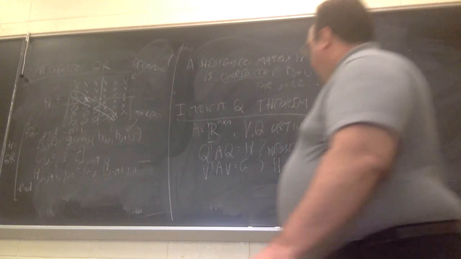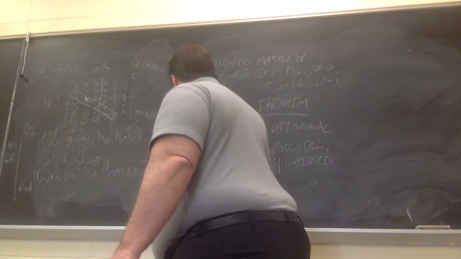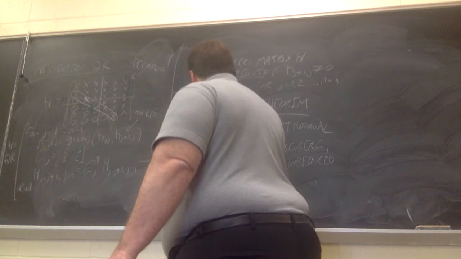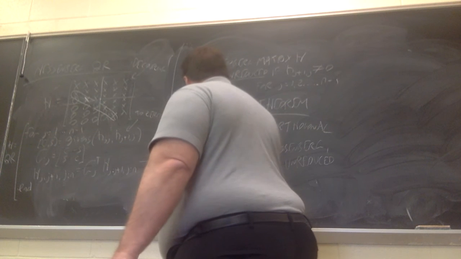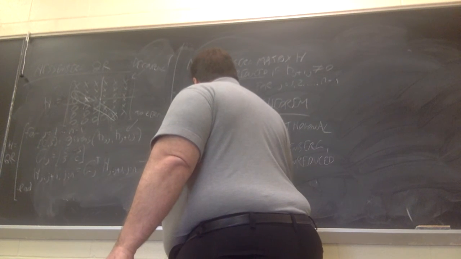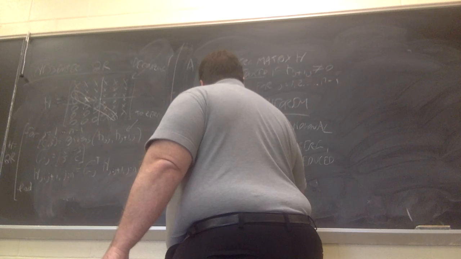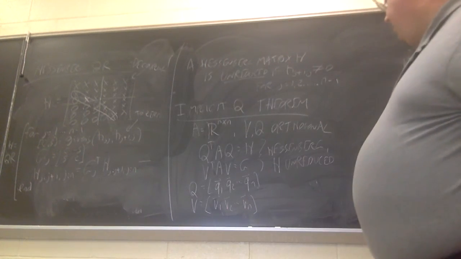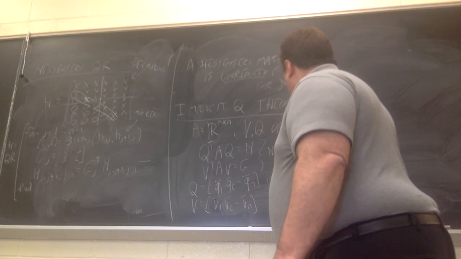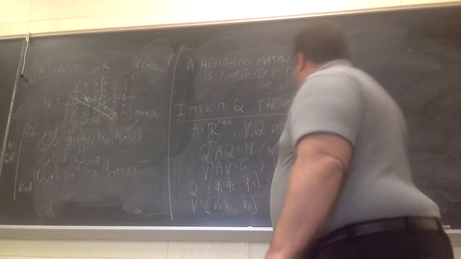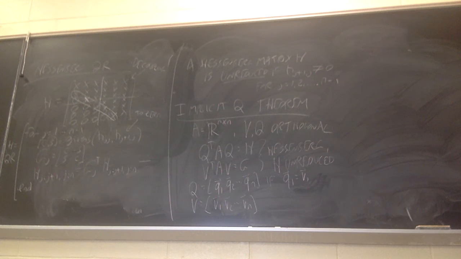And I'm going to break down the columns of Q and V. So Q has q1, q2, through qn, and V has v1, v2, through vn. And I'm also going to assume, lots of assumptions here, q1 is equal to v1. So these transformations that reduce A to Hessenberg form, let's suppose the first columns of those match. Then